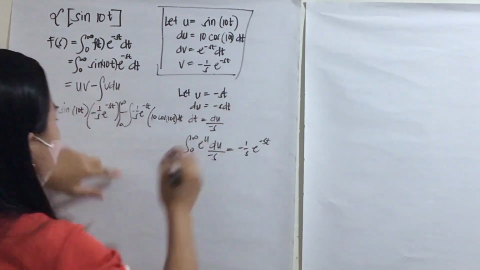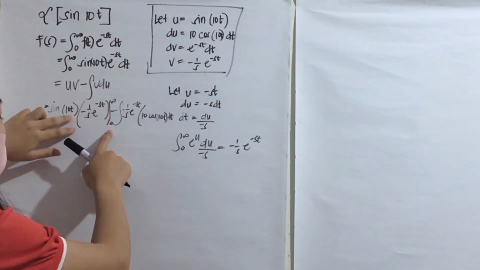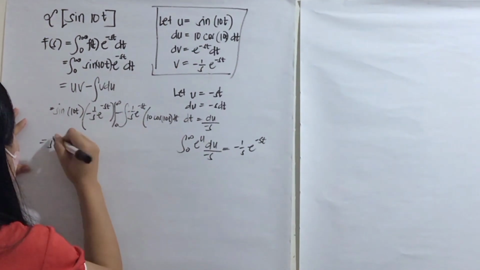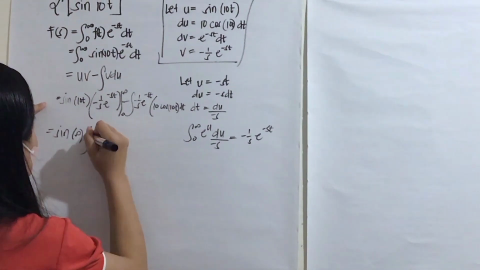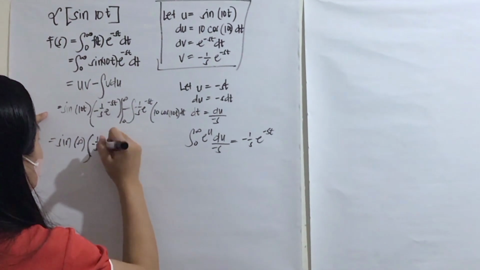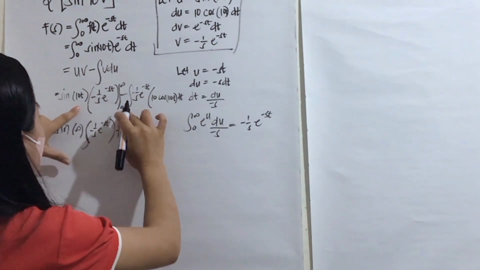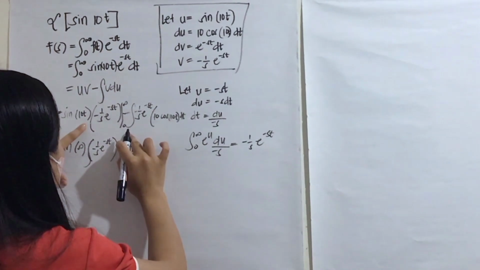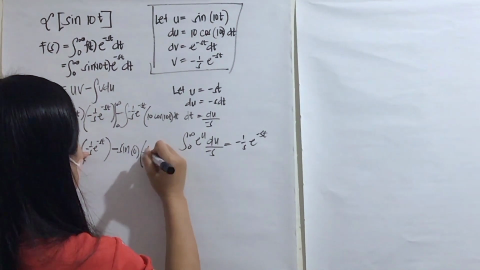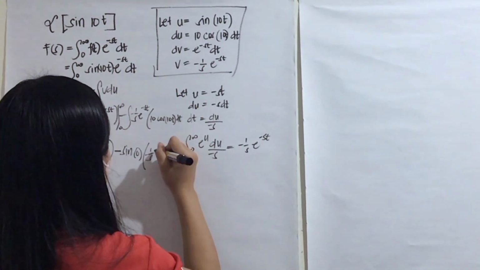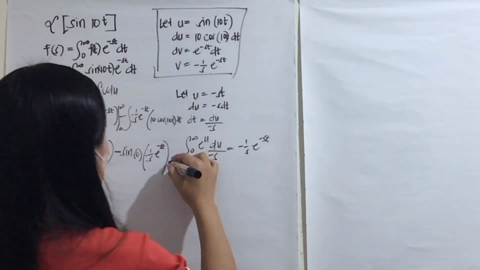10t dt. And again, we need to substitute the value of our t from 0 to infinity. So 10t times infinity is equal to infinity times negative 1 over s e to the st, minus the lower limit, which is sine 10 times 0. 10t times 0 is equal to 0, times 1 over s e raised to the power of st, and we will continue this solving,